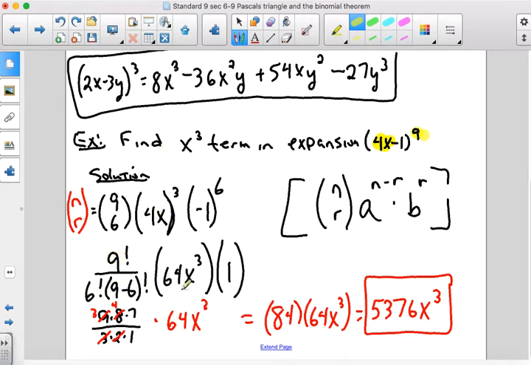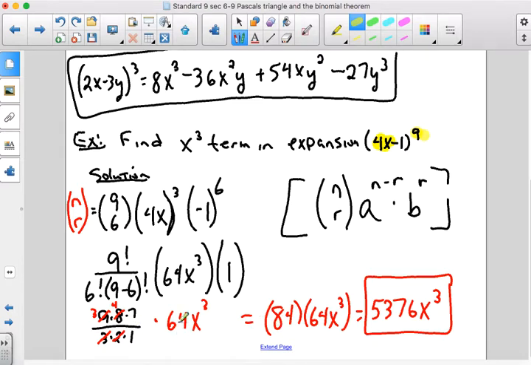Four to the third power is 64, x to the third. Anytime you put a negative to an even exponent, you get a positive. My final answer is going to be, now I just took a liberty here and said 9 times 8 times 7 times 6 all the way down. This is 6 all the way down, so I know 6 factorial up here and 6 factorial down here will eliminate. So I just left 9, 8, 7 over 9 minus 6, which is 3, 2, 1, and I simplified that, and I got